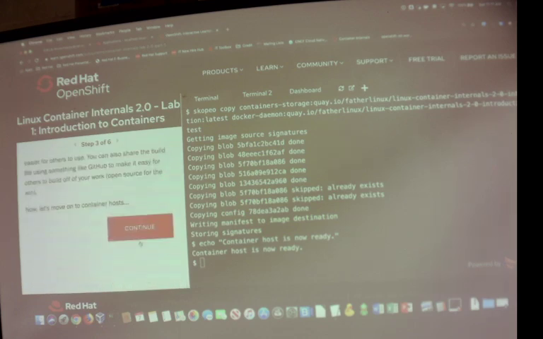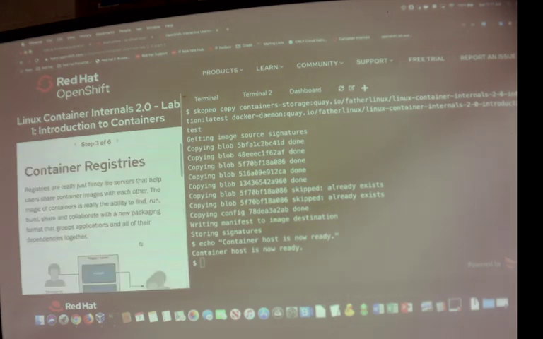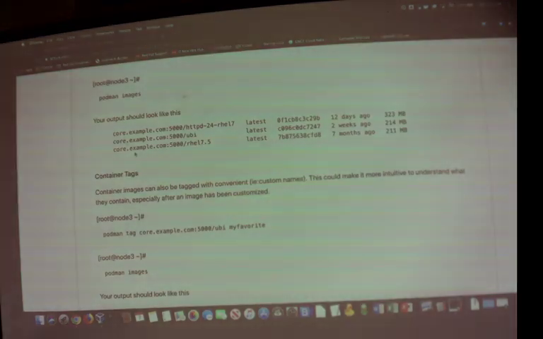This is actually a great course if you're interested in this and you want to go deeper into it. It gets into the weeds of how containers are actually running under the hood in the context of Linux. I found it pretty useful. I did this at a Red Hat event. Scott actually was hosting it. So if that's something you're interested in doing,